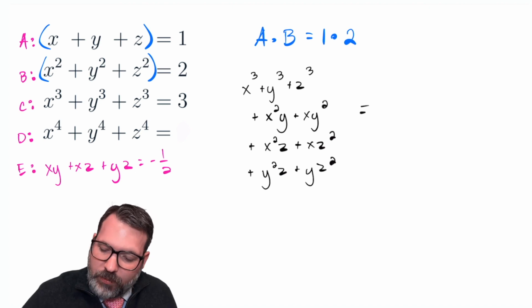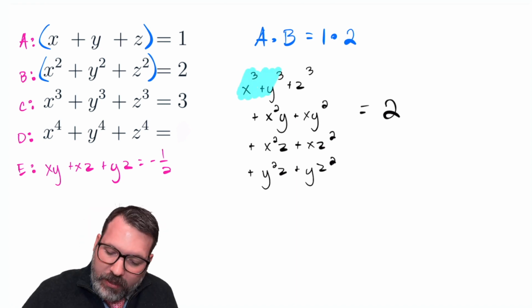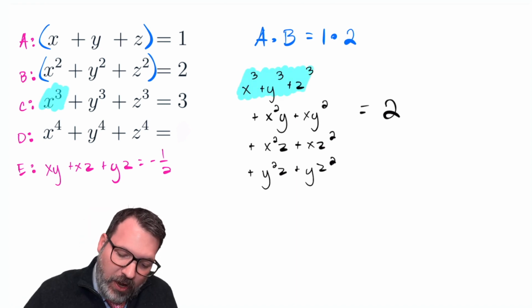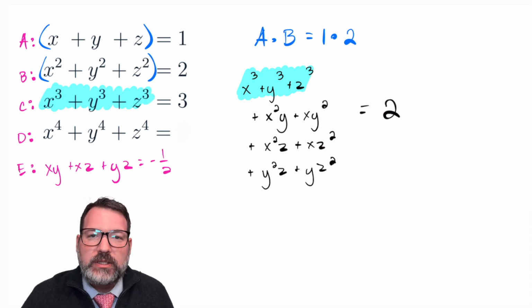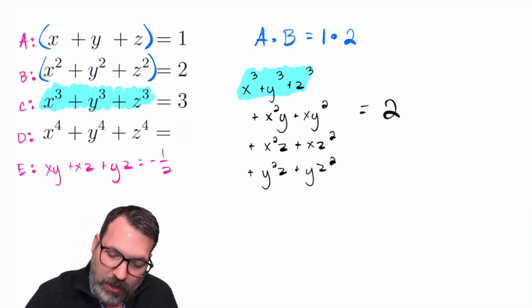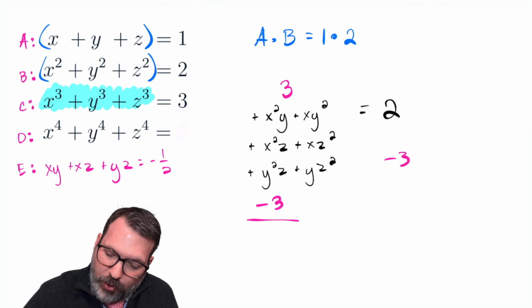And all of this is supposed to be equal to 1 times 2 equals 2. Again, we want to engage in some clever substitution now. We know what x cubed plus y cubed plus z cubed is supposed to be. It's supposed to be 3. So we can actually just replace this here with 3, and then subtracting that same 3 on both sides, we